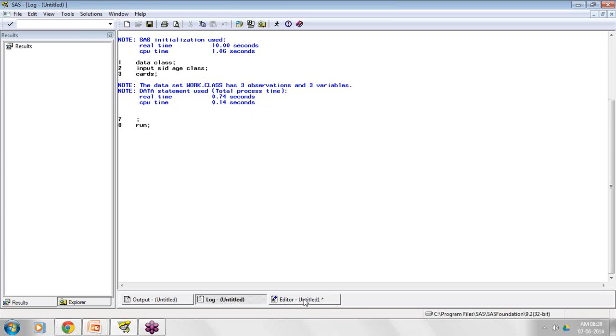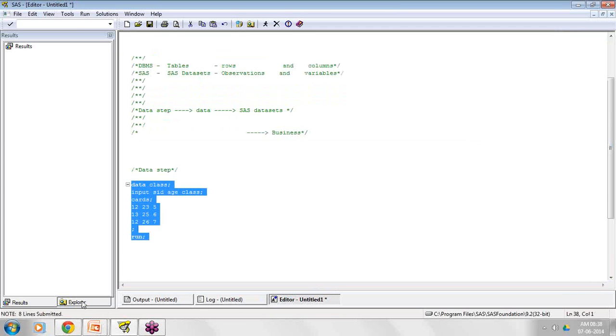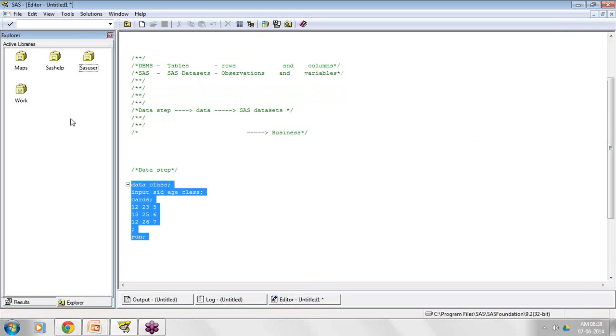As I told you, whatever programs are created, by default the data set goes and resides in my libraries. By default it sits in my work library. So I just click on my work library, where you can see the SAS data sets under work.